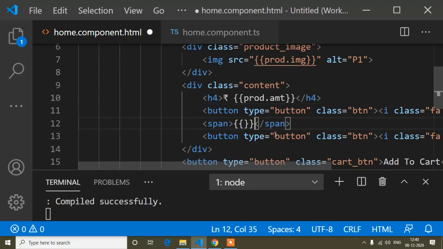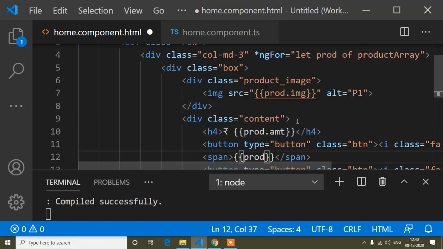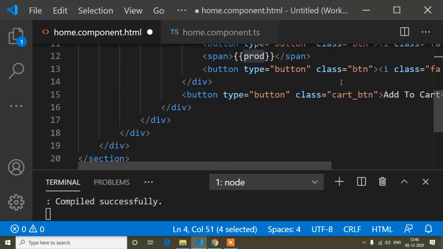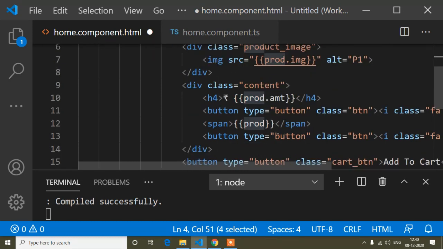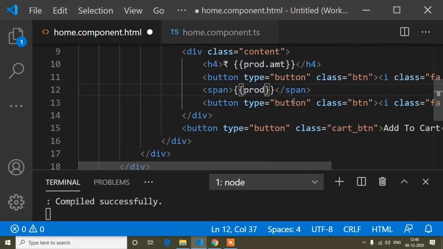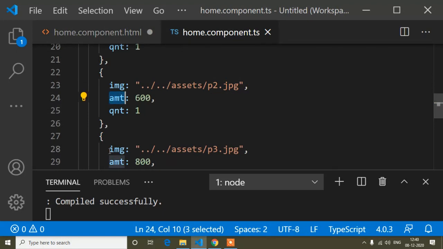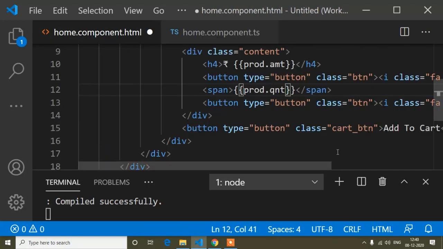In the same way, I will copy this prod, because all the product array's properties and values I stored in this product variable. So that's why prod dot quantity, which is, you can see, qnt. So I will paste here.